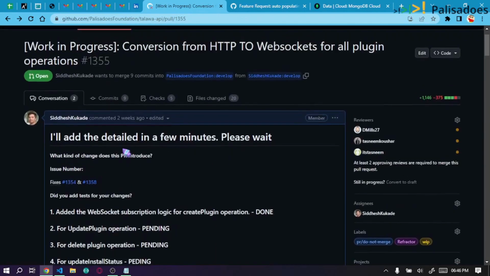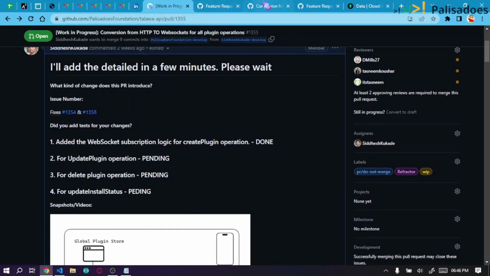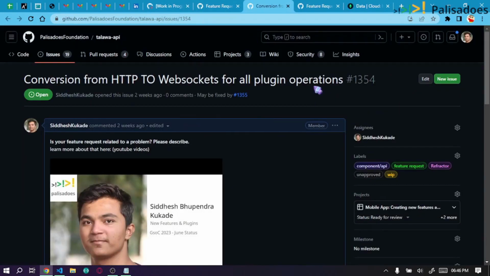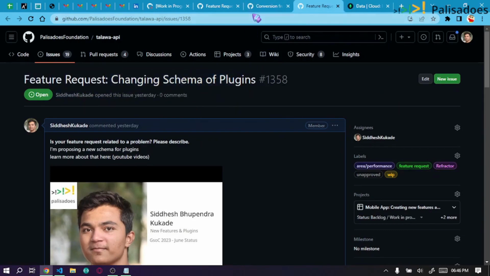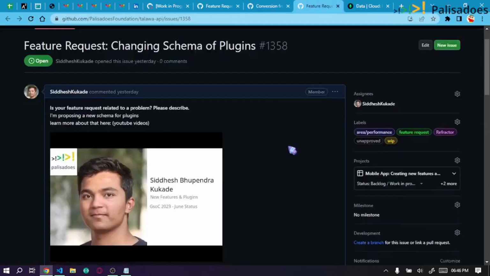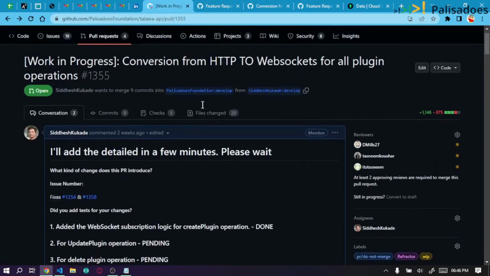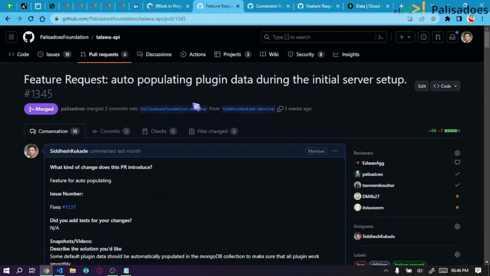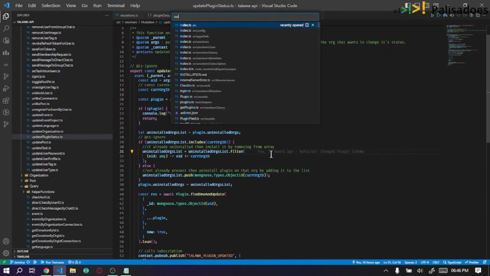So this has been completed, and this pull request basically focuses on solving two issues. The first one is the conversion, and the second one is changing the schema. As we discussed earlier the reasons to change the schema. Okay, and also when the new version of GraphQL was added,